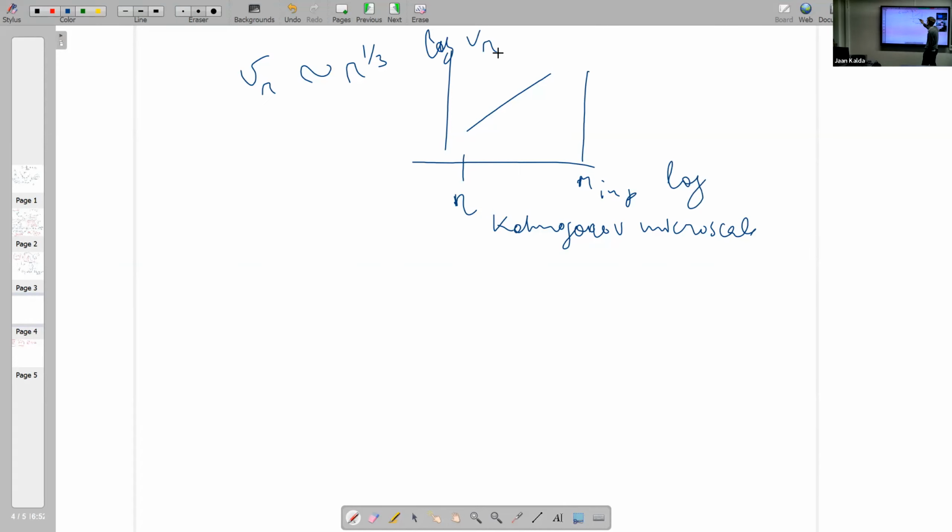And this is the inertial range. Just about the terminology. But now the question is, what is the value of this thing here? Usually it's expressed in terms of viscous energy dissipation,